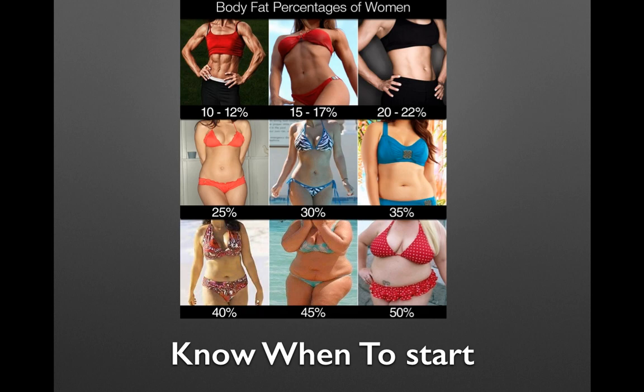Know where to start, and how and when you're going to be implementing the carb rule, specifically when you're going to put more carbohydrates than others. So I want you to at least get to 20, maybe maximum 25, but better 20 to 22%, and then you can really implement the carb rule and load on carbohydrates, as you should, right? As you get lower, you're always going to be consuming more carbohydrates, you're going to be more sensitive to carbohydrates, and you're going to be having great results from carbohydrates. As you go 25, 30, 35, you want to be limiting your carbohydrates. And it doesn't mean take it away, you're just going to be limiting them.